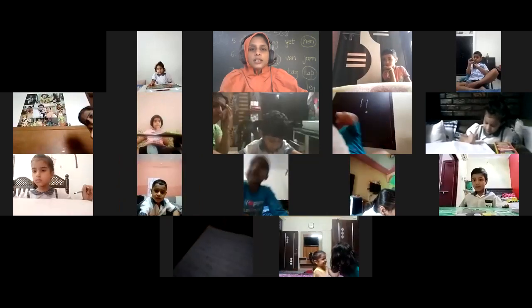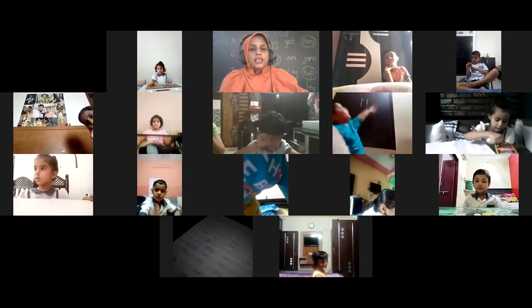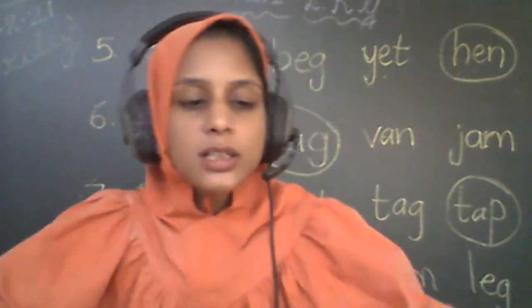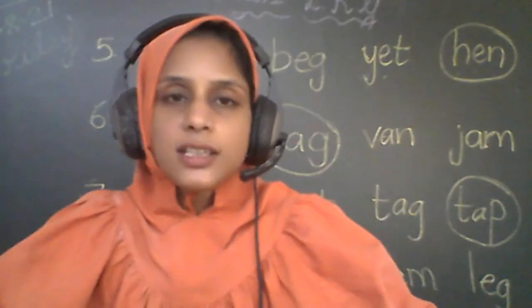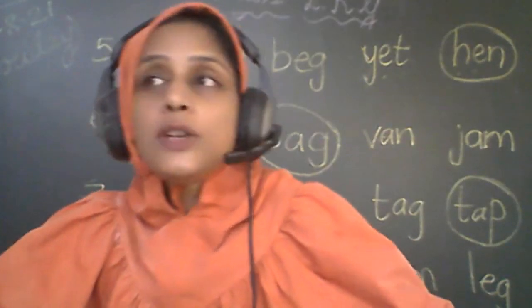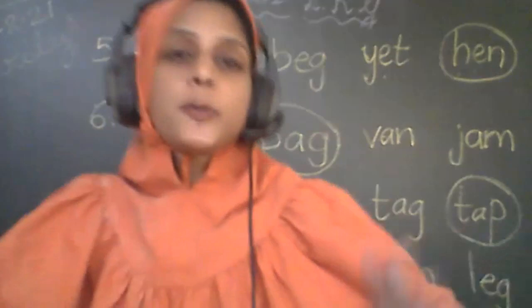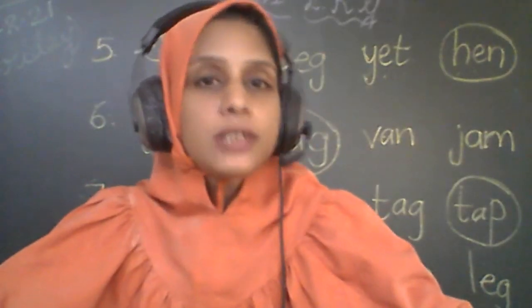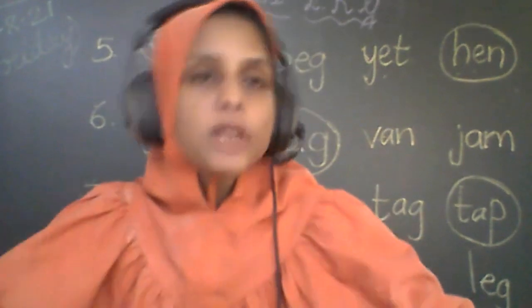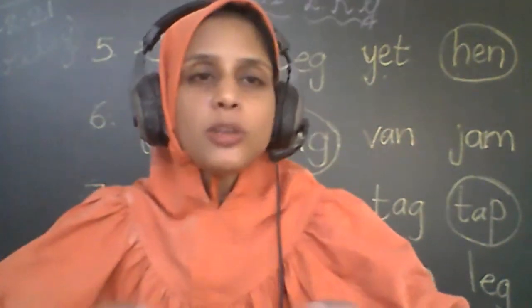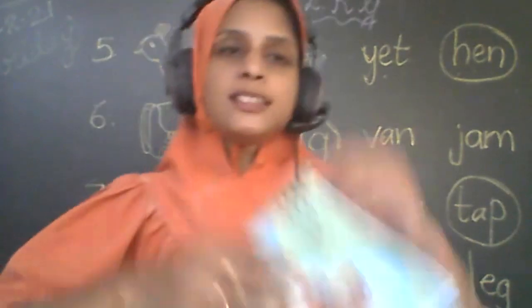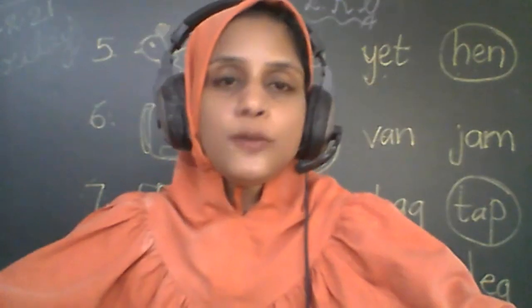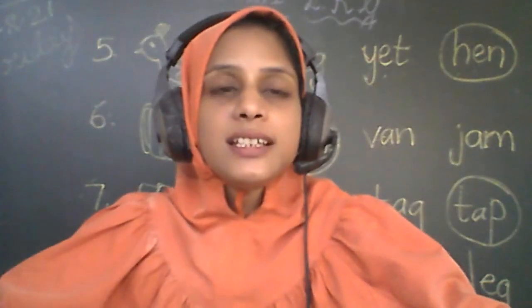The title of our English rhyme is We Love Colors. As I told you, whenever we look around ourselves, जब भी हम अपने आसपास देखते हैं, or we step out of our house, so we can see different things of different colors, है ना? We are surrounded by different colors. So the poem is all about that. So let's start. Come and sit in front of the screen and you all have to say along with ma'am.